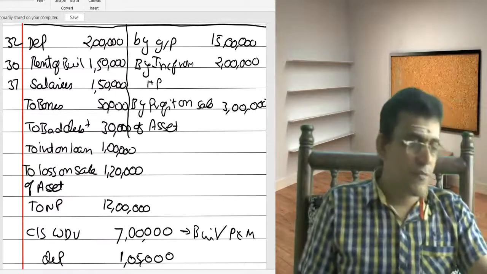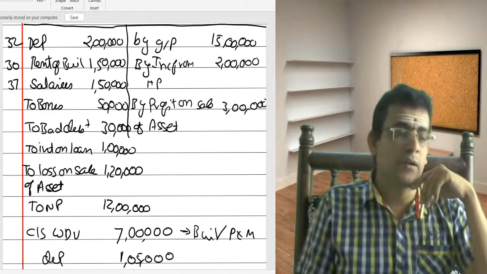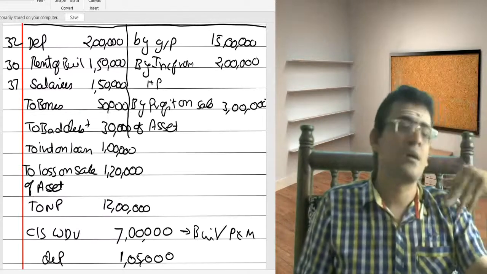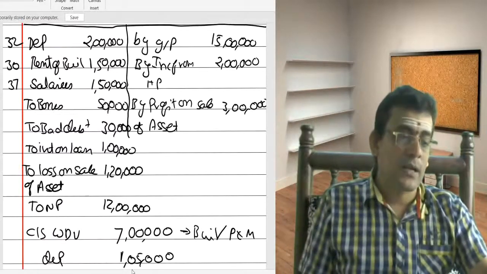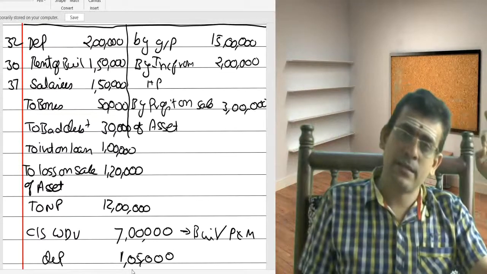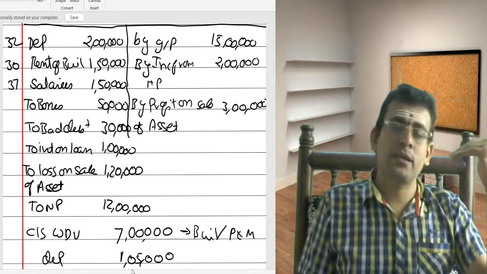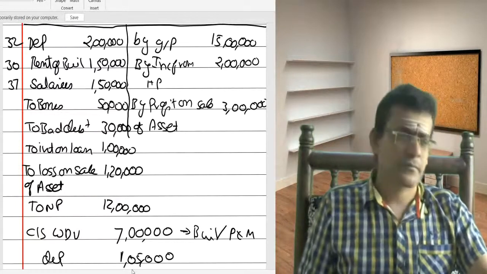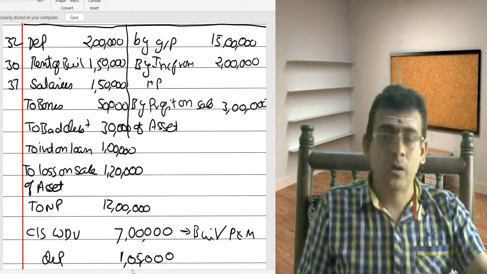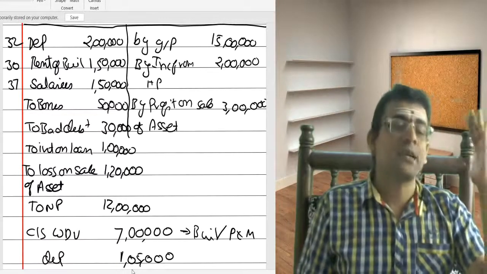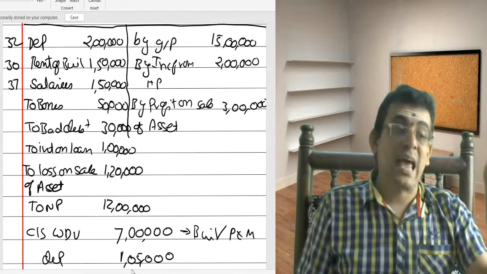Or instead of doing that complication, what you can do? Add back, disallow the entire 2 lakhs. Then what is the meaning? If I add 2 lakhs to my net profit, it means I have not taken any depreciation. So simply add 2 lakhs, then whatever amount of expenses the Income Tax Act says, you take that. So I am adding 2 lakhs to my net profit, then I am taking the reduction under section 32, 1,05,000. Treatment is the same. Disallow 2 lakhs, allow 1,05,000, or as you already allowed 2 lakhs, disallow 95,000. Whatever the treatment, the result remains the same. Clear? That's what is called allowance of your deduction.